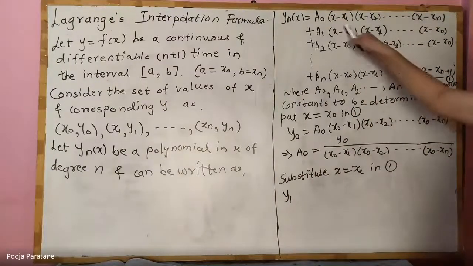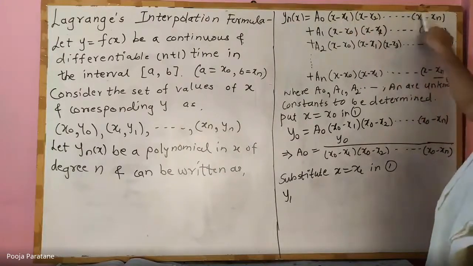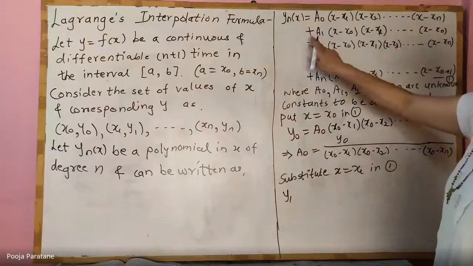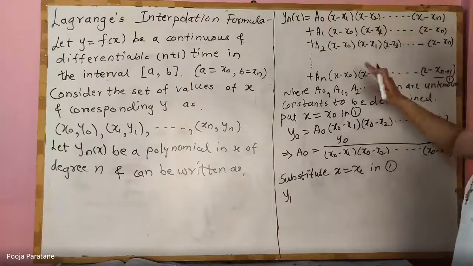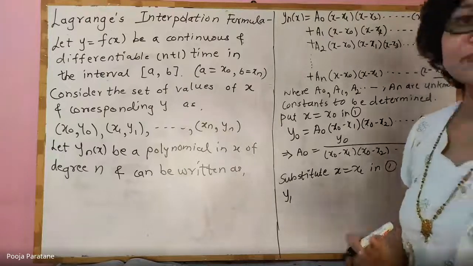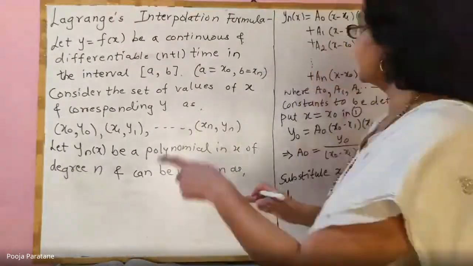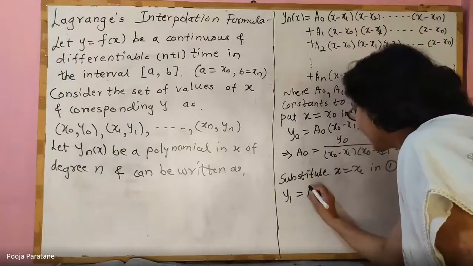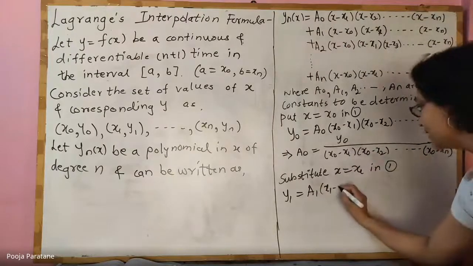Now, this first term contains x minus x1, so here you will get 0, and therefore the whole term will be 0. So only we will get the term in which x minus x1 is absent, and in the rest of the terms, x minus x1 is present. So every term is 0 except the a1 term, that is, the term which contains a1. So y1 is equal to a1 into, now here x is equal to x1, so (x1 minus x0)